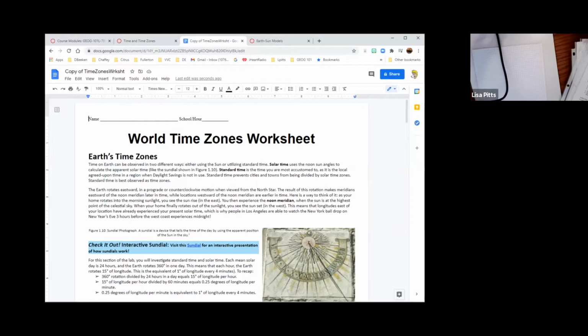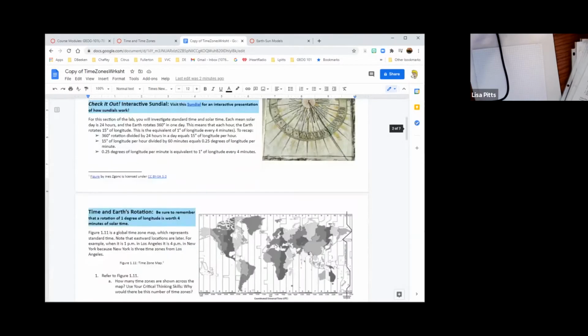So for this lab, you're going to do a couple of different activities. First you're going to understand how the sundial worked. And basically, if you have the entire planet and it's 360 degrees and there's 24 hours in a day, that means that for each hour, the Earth rotates 15 degrees of longitude. So that's about 1 degree every 4 minutes. So we're going to use that in order to try and figure out what time it is in different places